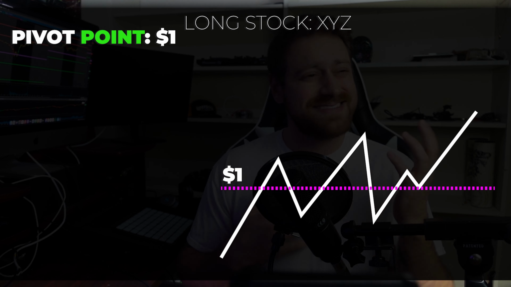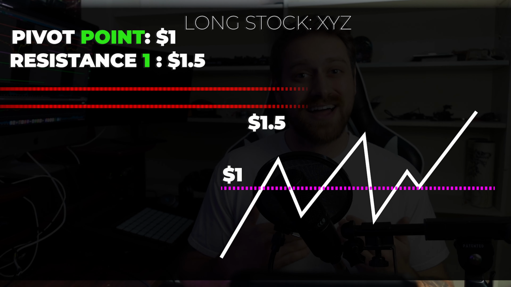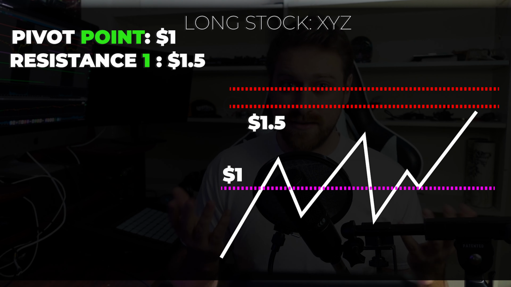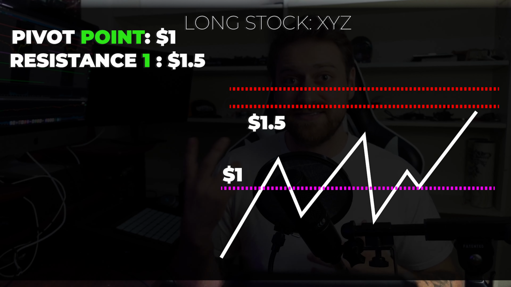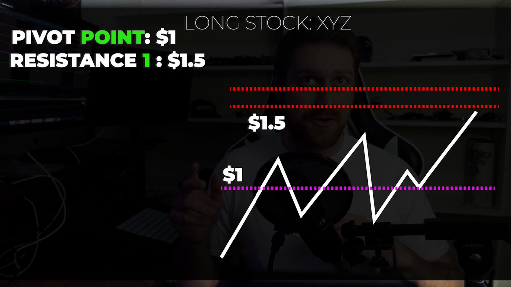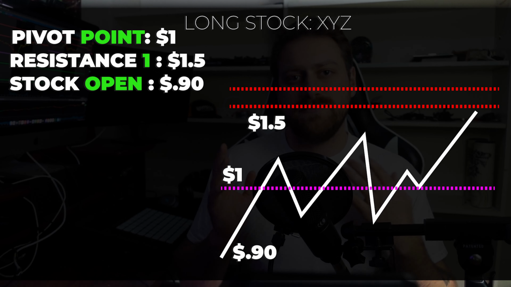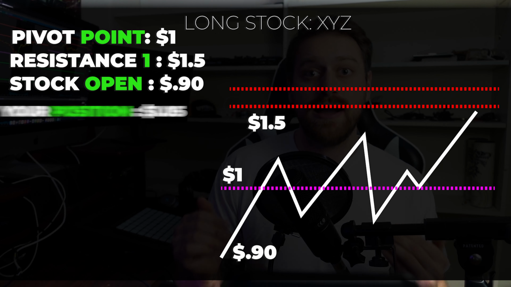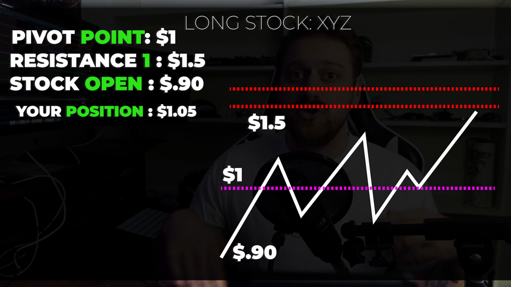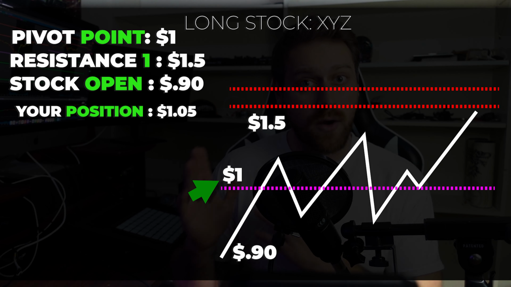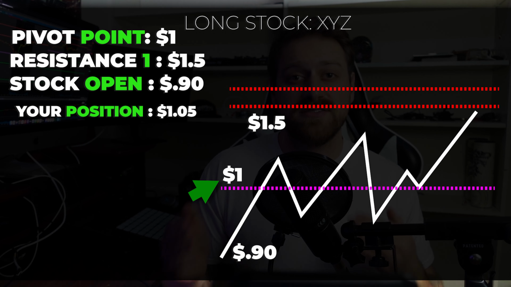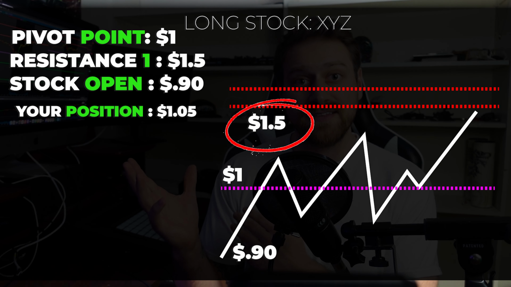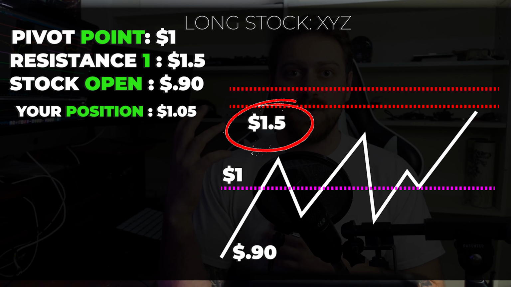Let's say you want to long stock XYZ, and the pivot point is at $1. And let's say for this example, the first resistance line is at $1.50. And for the sake of this example, we'll say that the stock is trading at the open at around 90 cents. As the stock begins to cross the pivot point, maybe you decide to enter and you get a position at a $1.05 average. As a long trader, you can now risk the pivot point, which is at $1, and plan for the stock to go up to $1.50, which is the first resistance point,